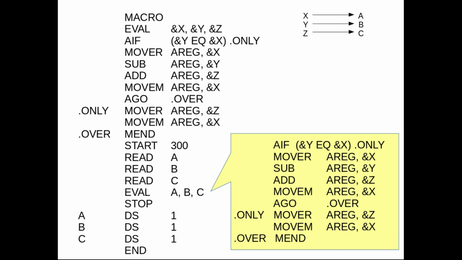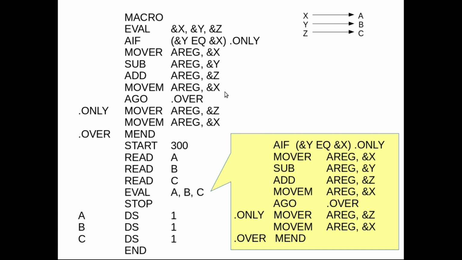So to do the macro expansion, I will just copy all the lines just below the macro prototype statement. So starting with AIF up to MEND, I'm just writing those lines here. So we'll start macro expansion at the line after the macro prototype.